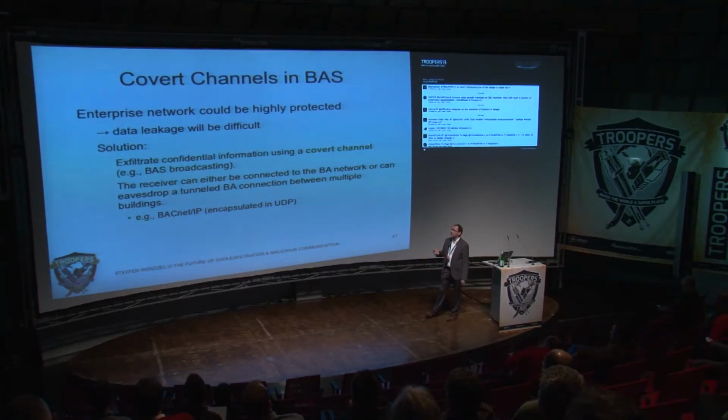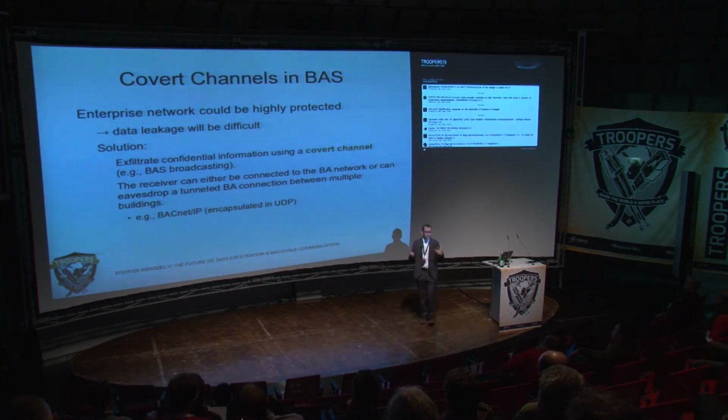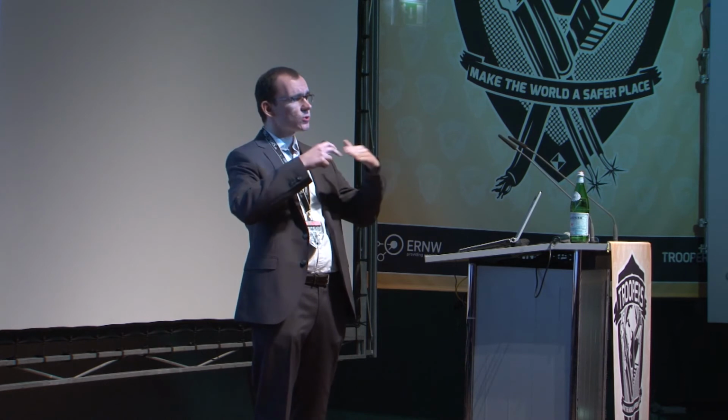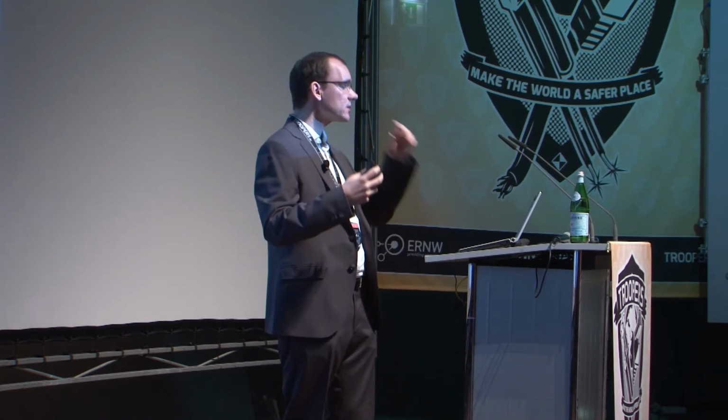This is really, really critical in my point of view. For the covert channel, we add the intentional sender and we want to exfiltrate data. So how can we do that? We hide data in network protocols or in the abstract behavior of the building. We can either sniff the exfiltrated data between buildings because they are interconnected usually via simple UDP encapsulation of KNX or BACnet, and it's never encrypted.